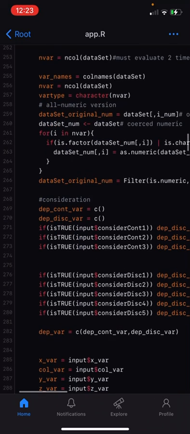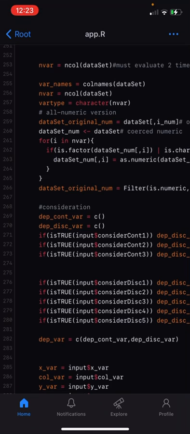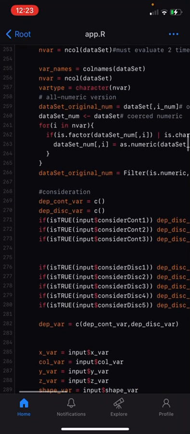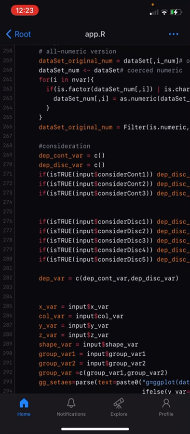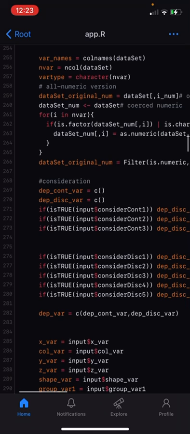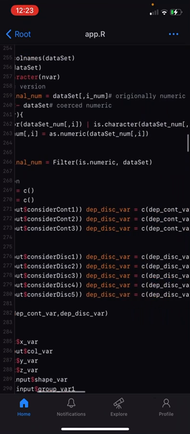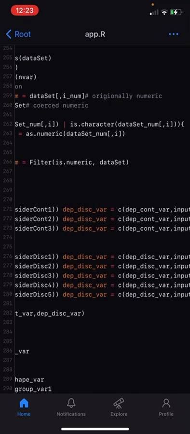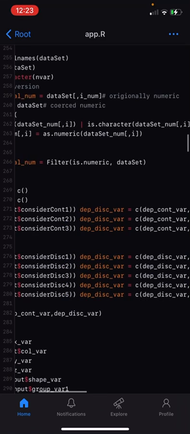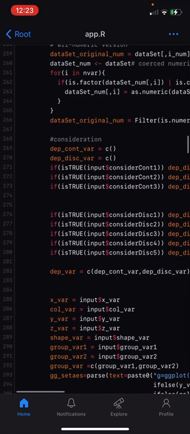And these are just normal things: number of variables, variable names, and variable types. Dataset original num is the part of the dataset that only selects the columns that are originally numeric, because